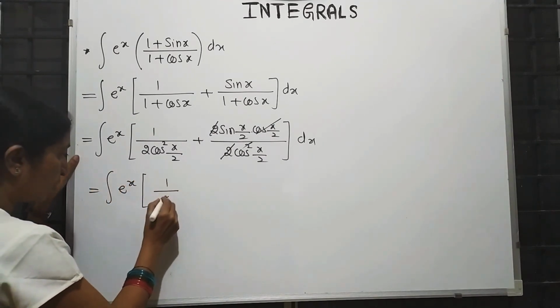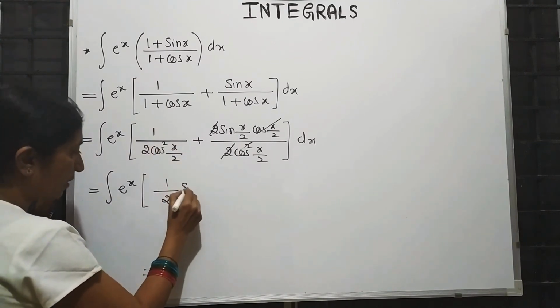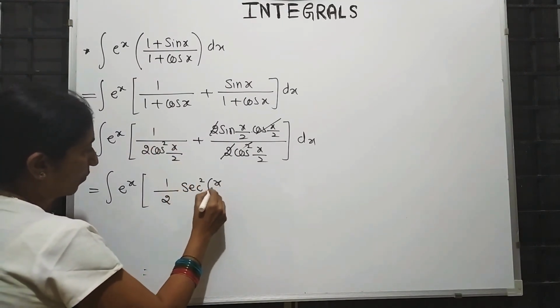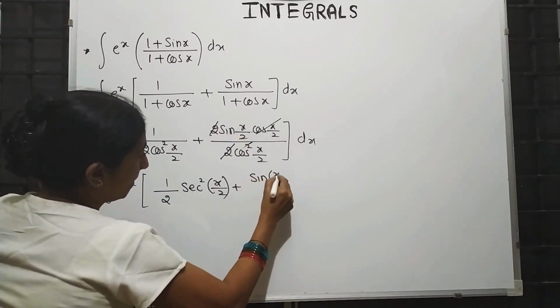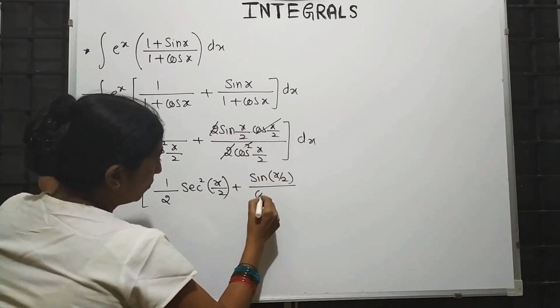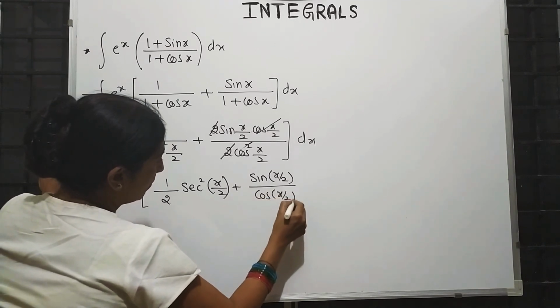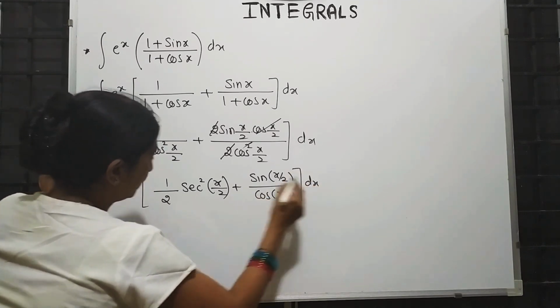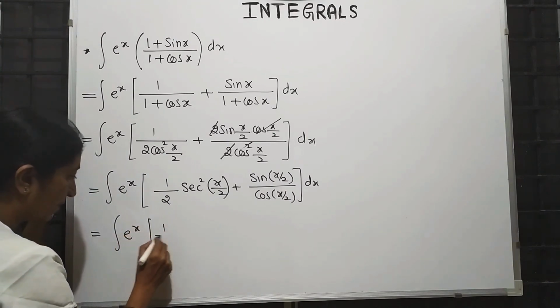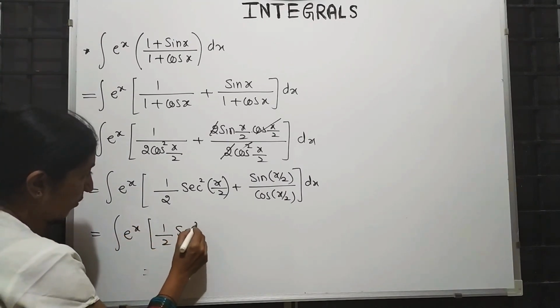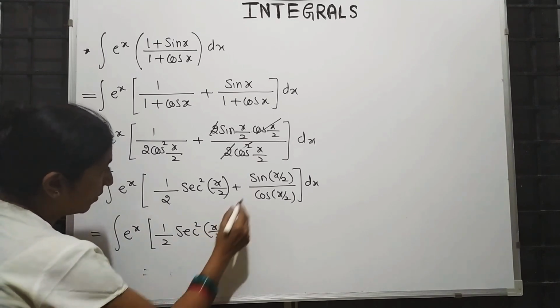This we can write as 1 by 2, 1 by cos square is secant square x by 2, plus what is remaining here? Sin x by 2 upon cos x by 2 is remaining. This is e raised to x in the bracket 1 by 2 secant square x by 2, plus sin by cos